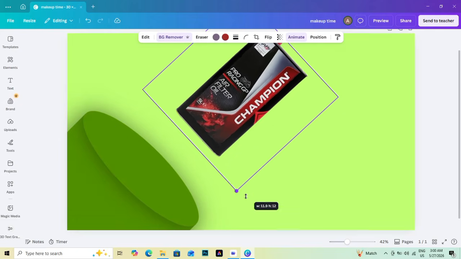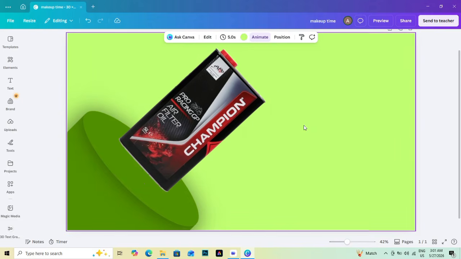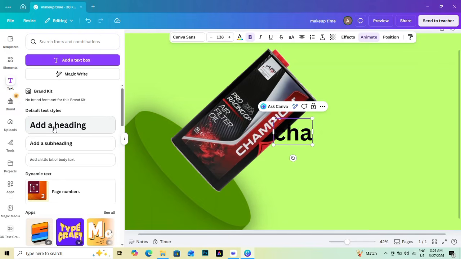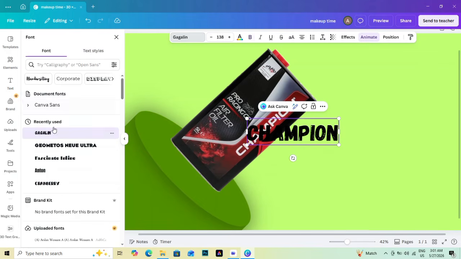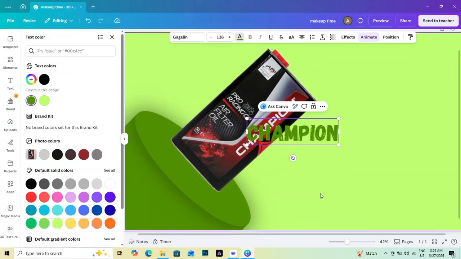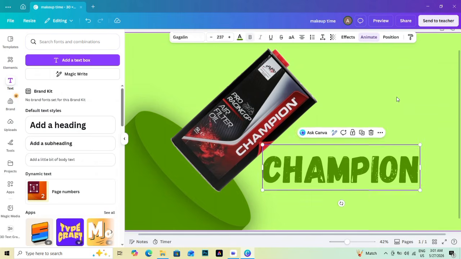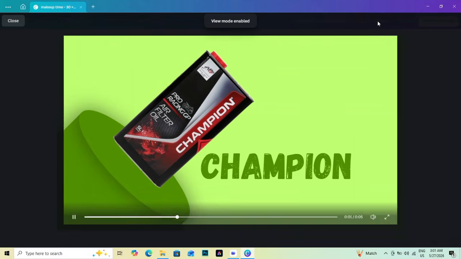Add one smaller overlapping frame for contrast and storytelling. Select the background and apply a dark muted gradient to enhance atmosphere naturally. Add subtle blur overlays and soft shadows to